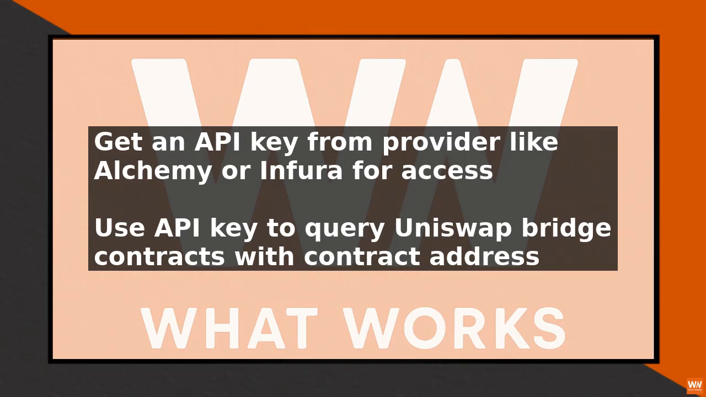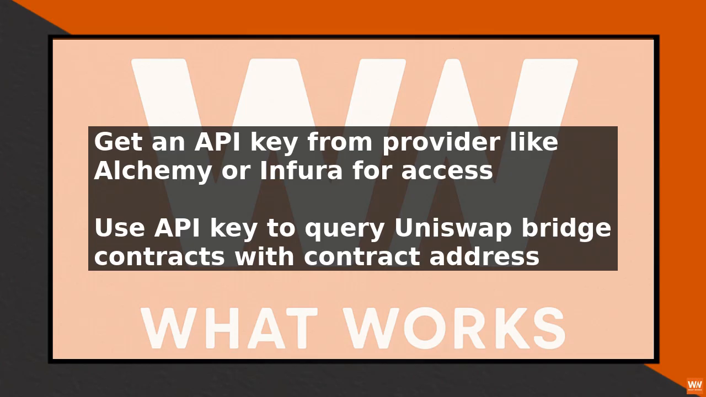You can do this by sending a request to the API endpoint with the contract address and the function you want to call. One of the most commonly used functions is the getReserves function, which returns the reserves of the bridge contract. This function takes no arguments and returns the reserves of the contract in the form of a tuple. You can call this function by sending a request to the API endpoint with the contract address and the function